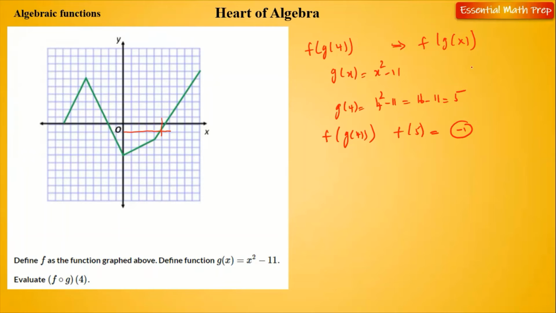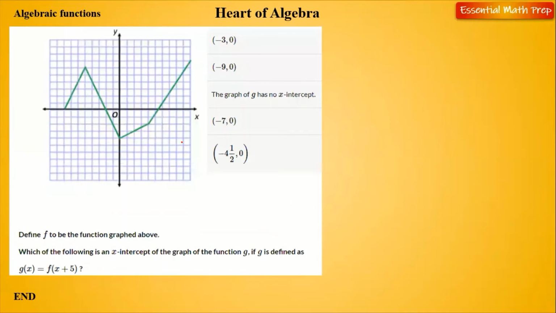Now f of x is 5, which means you go 5 terms, 1, 2, 3, 4, 5, and then you draw down, and then you figure out what the value of y is. So when x equals 5, y equals -1. And that's it. We got one more problem, and that will be the end of the series on the topic